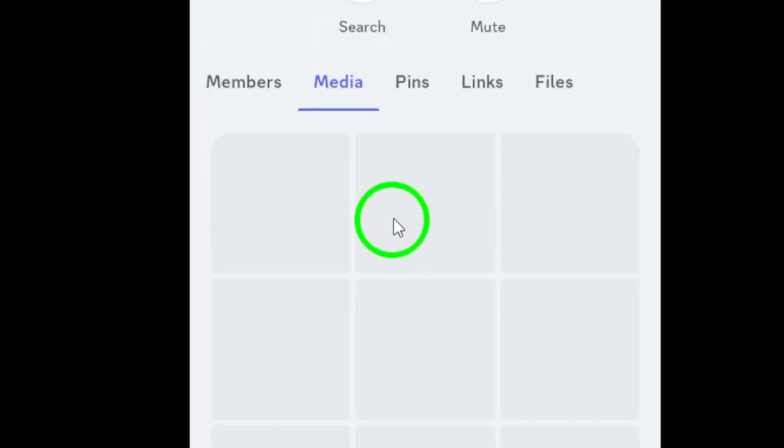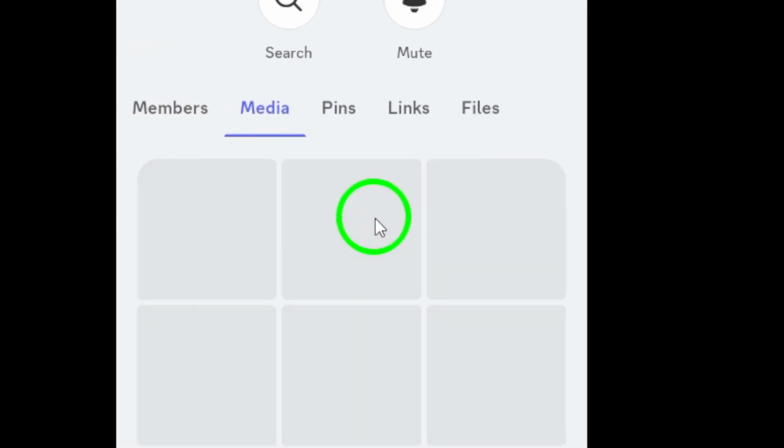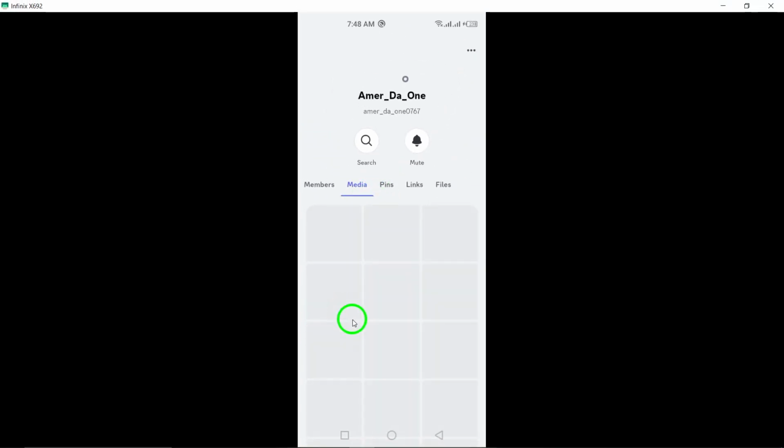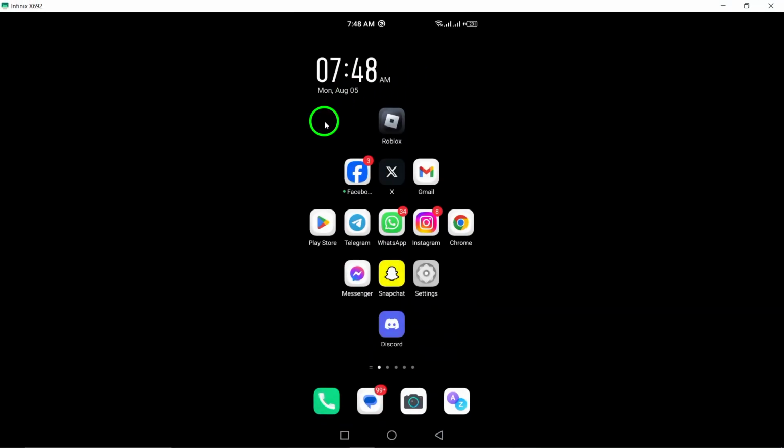After tapping on Media, you'll be taken to a gallery that shows thumbnails of all the media files. Scroll through to find the videos you want to view. Just tap on any video to play it. And there you have it. Now you know how to view transferred videos in your Discord chats, keeping track of all those precious moments shared